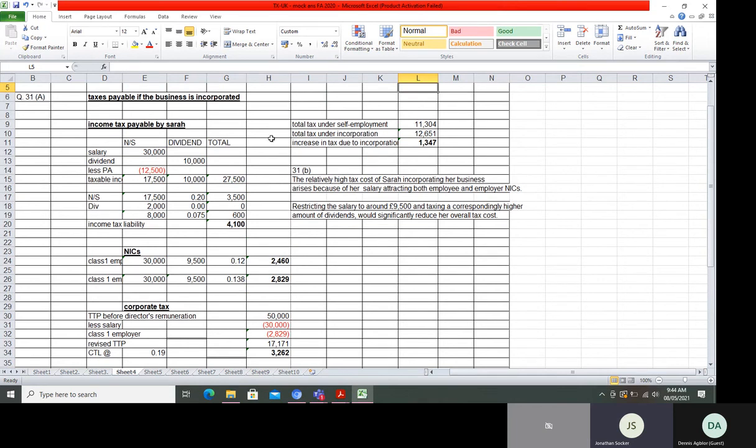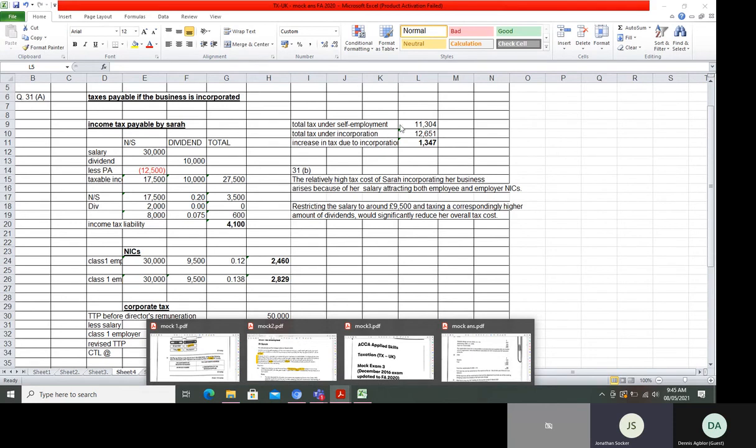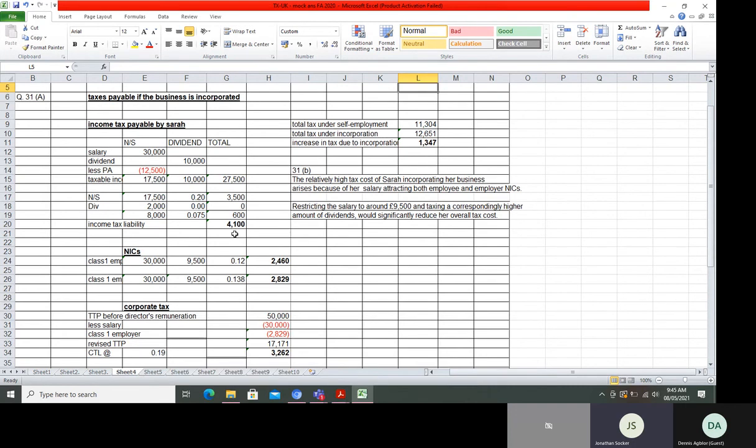So we look at the question. We were told that if you trade on self-employment, you are going to pay a liability of what? 11,304. So we have the 11,304 under self-employment. Then total tax under incorporation. Under incorporation, you have to sum all the liabilities calculated. So you can see this liability is the various calculations we did. Okay, this 1, 2, 3, 4. So this is the income tax, the class 1 employee, class 1 employer, and the corporate tax that have been added to give it the